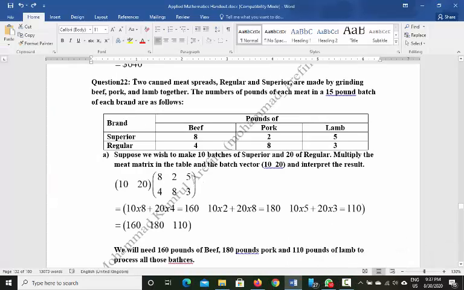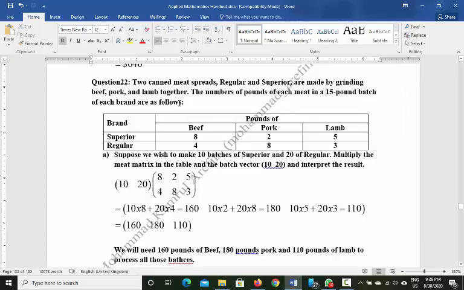Now let us solve another question. Right, question number 22. 2 canned meat spreads, regular and superior, are made by grinding beef, pork and lamb together. So canned meat spread means canned food that contains ground meat. The number of pounds of each meat in a 15 pound